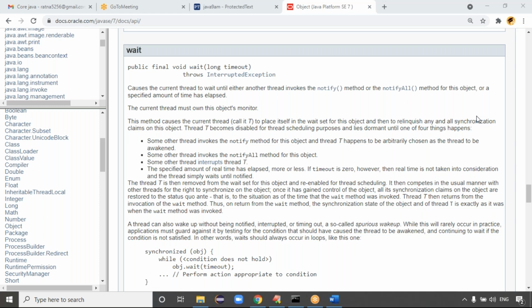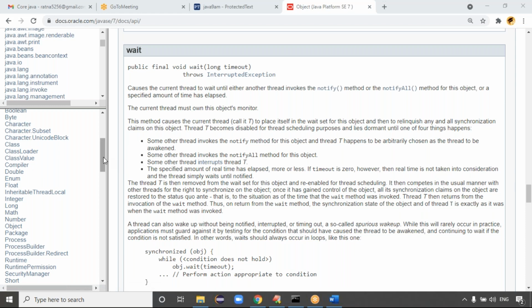Here we have notify. See, notify, which method, guys? Public final native notify is a native method, right? Native modifier is there. Notify all, wait are native methods. Native modifier is there, right, in that place.